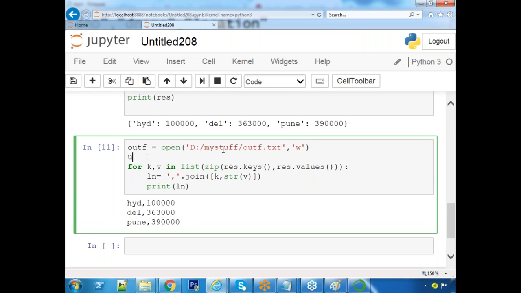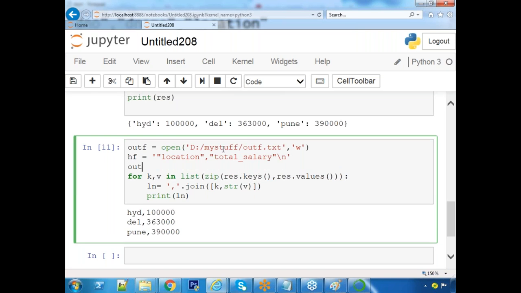Write some header. What do you want first? Location you want. Next, total salary you want. So this information you want to write, and after that backslash n.